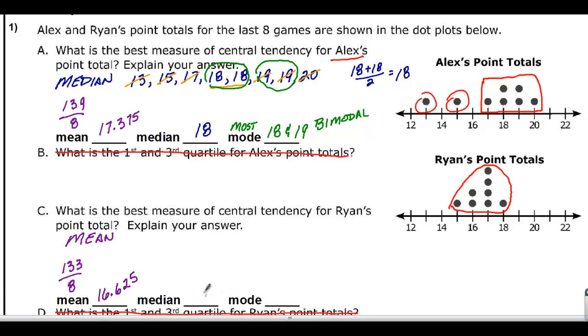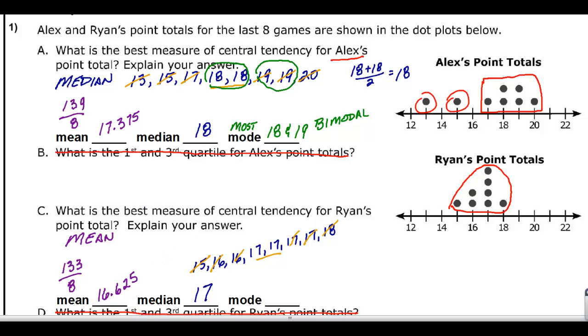And now we're going to calculate the median for Ryan's scores. To calculate that median, one more time, we have to put the data in order. So we have 15. 16 comes twice. 17 comes 4 times. Every time it appears, it has to be included. And 18 comes once. If we cross off smallest, largest, smallest, largest, smallest, largest, we're left with one set of numbers right in the middle. And in this case, since they are both 17, 17 is our median.